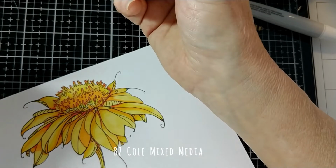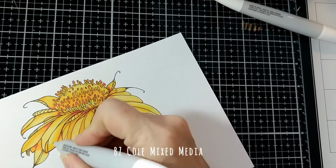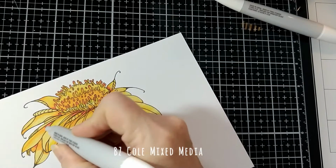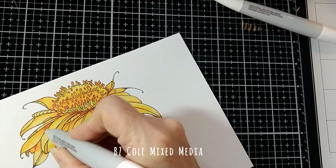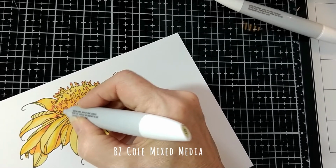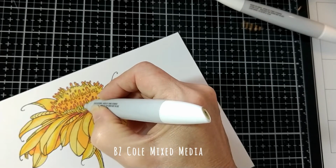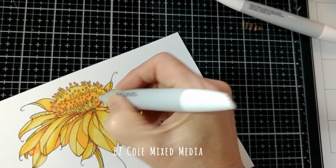yellow. And when you take your top off, remember to put them back on as you work. You'll not only keep them from drying out and have them last longer, but you won't lose track of the color name. The older ones don't have it on the barrel, and if you take off that chisel end with the number on it, and you have a bunch of them open on your desk, you're just going to get